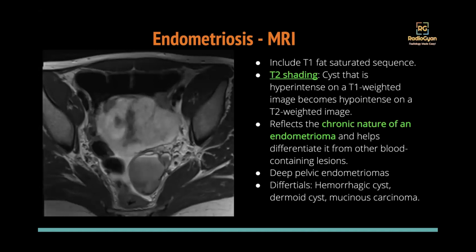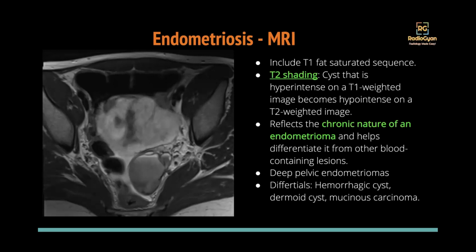It's very difficult to identify on MR, but if you have that T1 fat saturated sequence, you may see these plaque-like deposits in the peritoneal spaces, especially along the uterosacral ligaments and in the rectovaginal pouch. In my experience, the rectouterine pouch and the rectosigmoid region, that's the common area where we see these deposits.